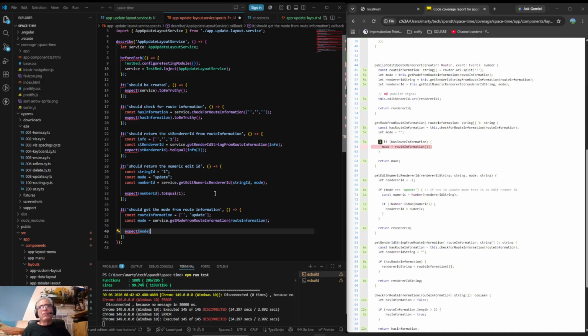mode. I do feel like I have graduated a little bit because I used to always just get the coverage first and then write the expectation, just because I couldn't quite converge those concepts together, and I finally can. So I think that is a good sign. Let's see, to equal, I guess we can even just say route information 1.